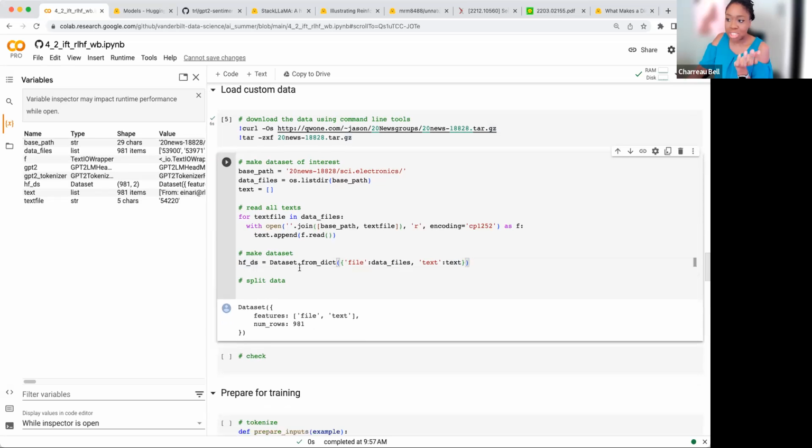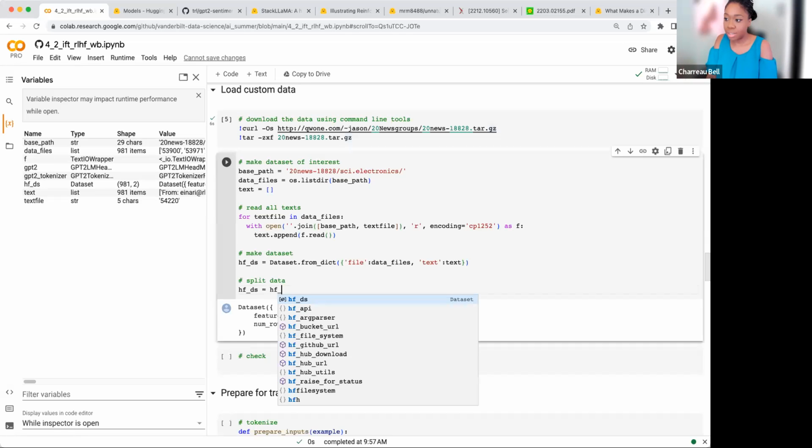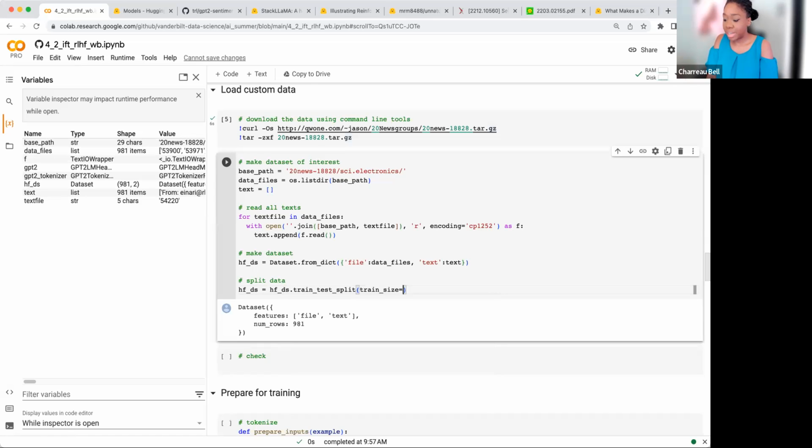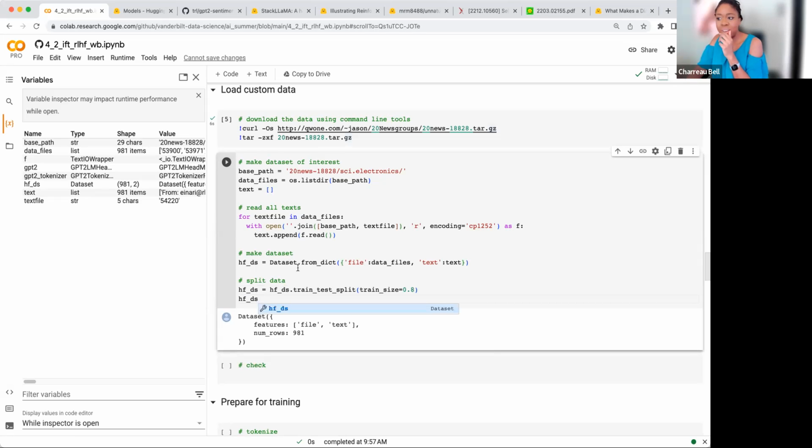Something that you may want to do is split the data. This is just an example of how you go and do that. So what we're going to do is not update, but essentially create a new instance of this dataset, which is a split dataset. We're going to do a train test split, where the train size we're going to set to 0.8. Again, you don't actually have to do this, but it is nice to often see the evaluation on a separate dataset. If you don't have enough data, you don't have to split it, but we're going to split it just to show it.